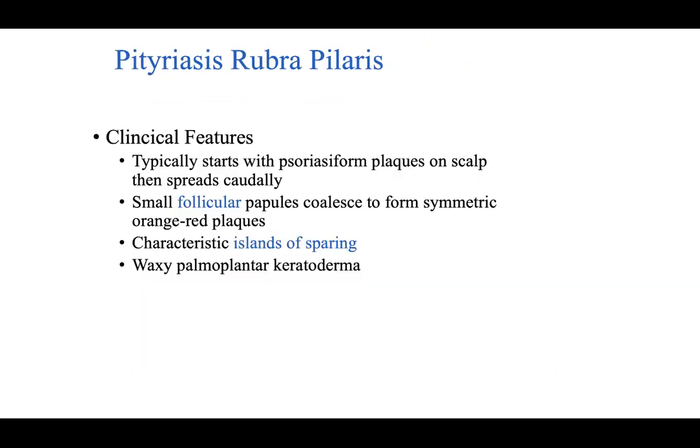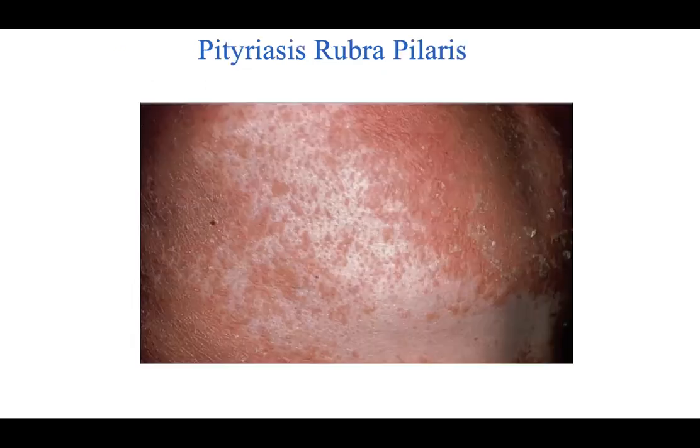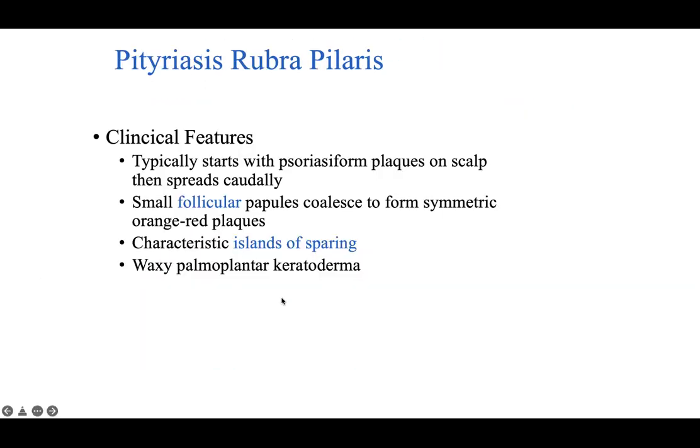So you'll see typical presentation of psoriasiform plaques on the scalp that starts to spread caudally. You'll have these small follicular papules that coalesce to form symmetric orange-red plaques with the islands of sparing, as I mentioned. And important to note that these patients also have waxy palmoplantar keratoderma. If you see waxy palmoplantar keratoderma, you definitely should be thinking about Pityriasis rubra-pilaris, but you should also remember